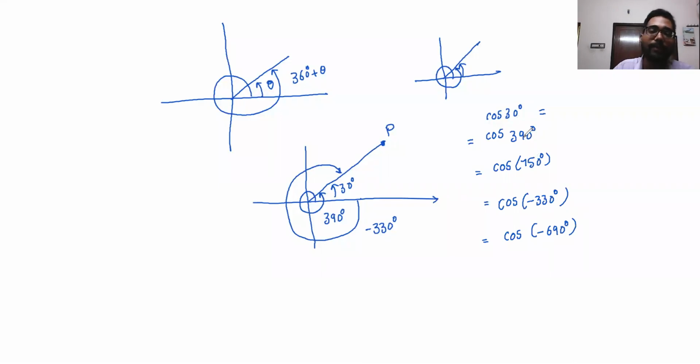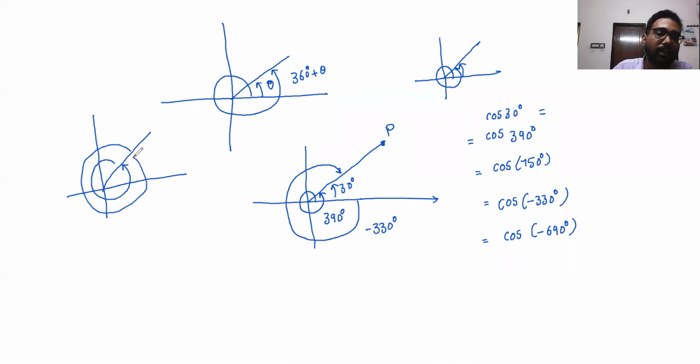So here I am adding 360, 360, subtracting 360, 360. So it won't make any difference. From the given position, if you add 360, you will come back to the same position. If you subtract 360, you will come back to the same position. So this is like adding 360, this is like subtracting 360. We are subtracting 360 by moving clockwise, and here by moving anti-clockwise we are adding 360. So even if you add 360 to a given angle or subtract it, it is going to be the same.